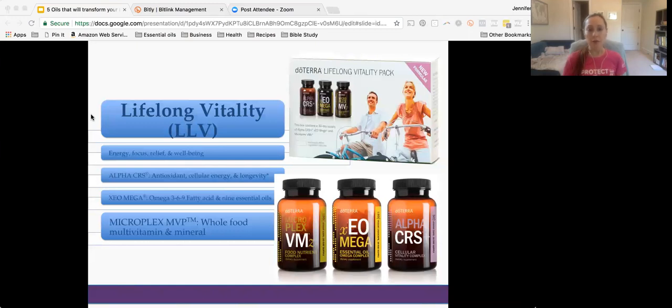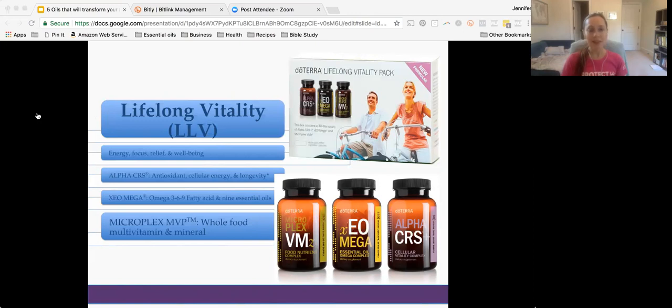Out of all of the high grade, top notch supplements that I've used in my practice, I love the Lifelong Vitality supplements. They are whole food based. They're not synthetic like most supplements are. They're in highly bioavailable form, so your body can absorb them and utilize them to its best ability, and you get benefit from it. Almost everyone, including myself, when they start on these supplements, notice how much better they feel in a couple of weeks, and they have so much more energy during the day. So this is where you start, in my opinion. Starting with a good protocol such as this is going to get you so far.